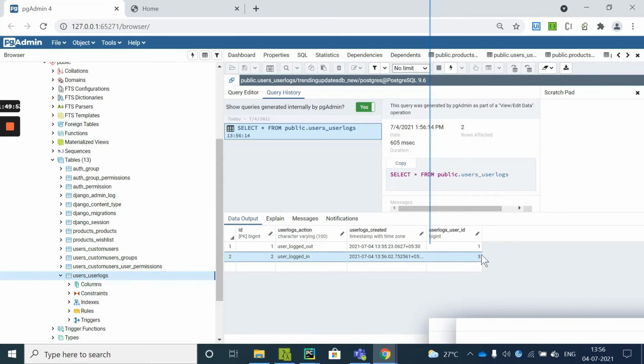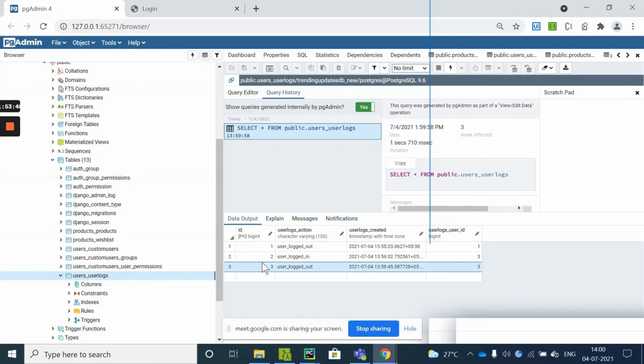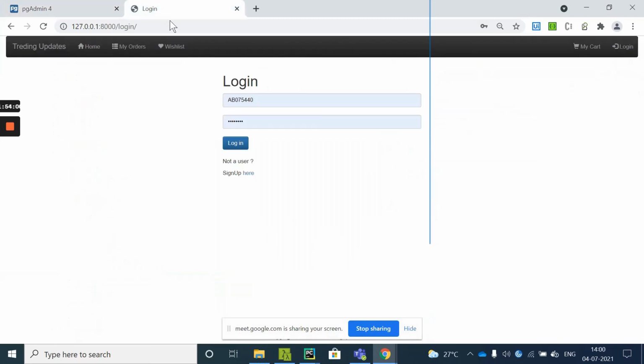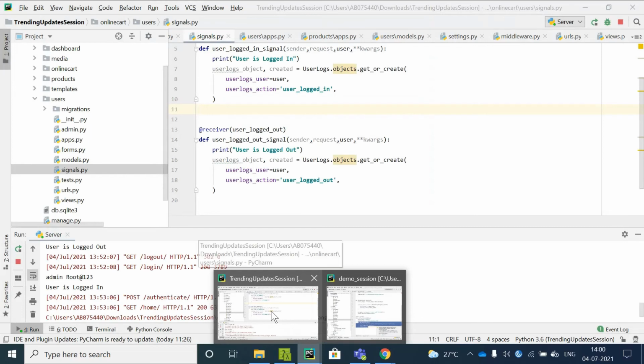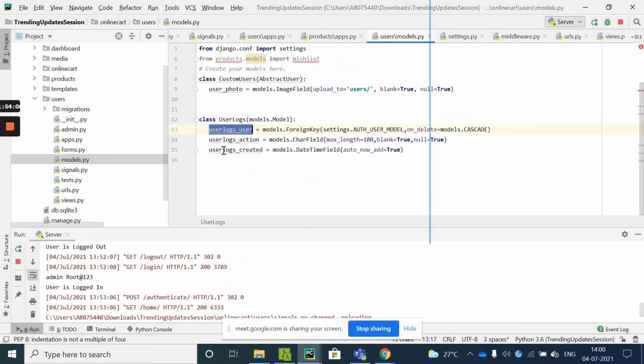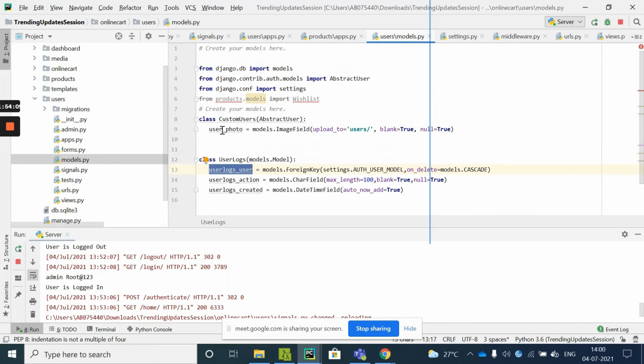This user ID 3 is not only the ID, it stores the whole user object itself when you are making use of the foreign key. Here you see the person is logged out and the ID for that is added. It is not only the user ID that it is displaying, it is also the user object that we are using. So you can make use of anything inside the user object. If you see inside the user object, there is the user photo, and from the abstract user there is the username. You can access all those things. So this is how we are storing the user logs.